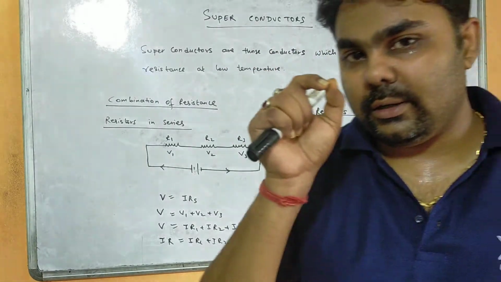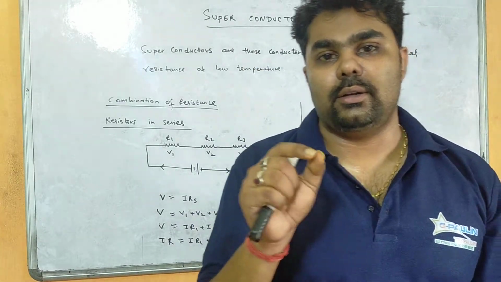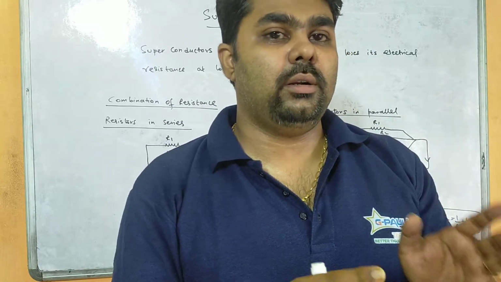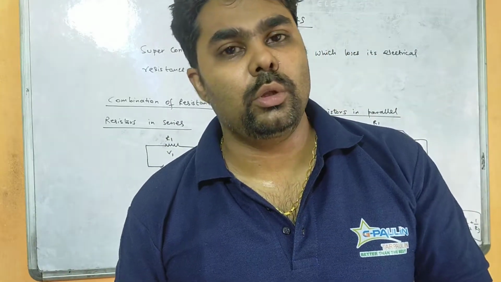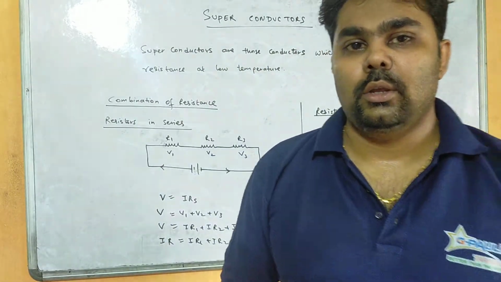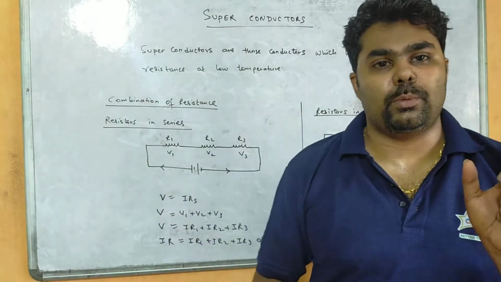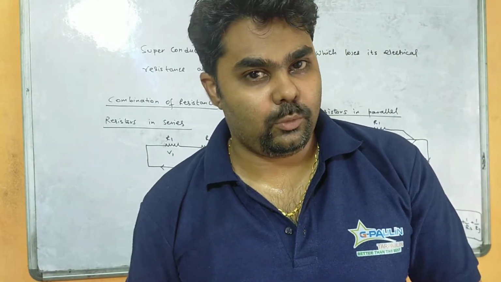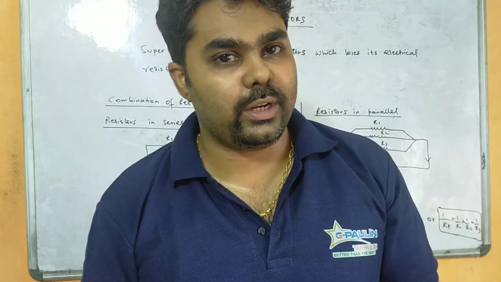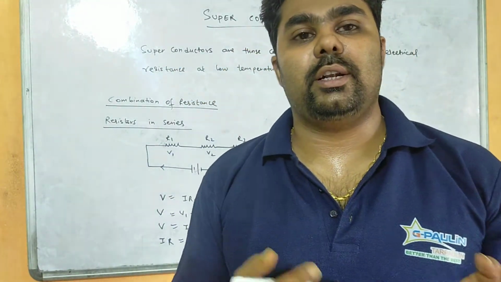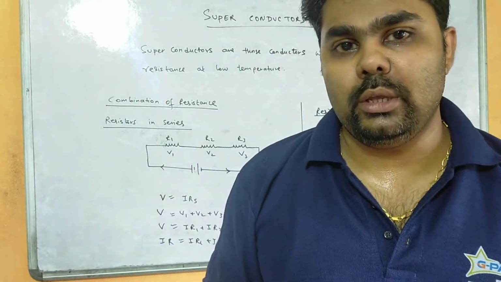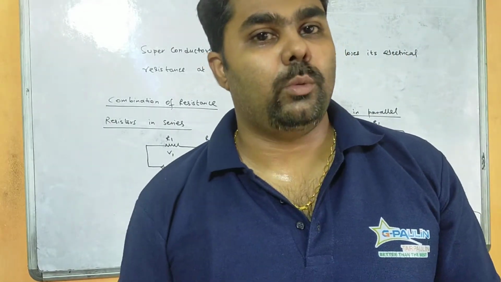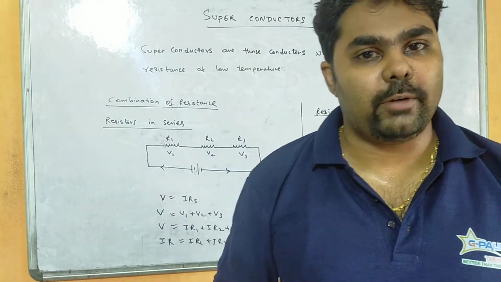So you will decrease the resistance of that conductor to a certain level, that is a critical temperature, so that a normal conductor gets transformed to a superconductor. They become superconductors. So what is the specialty of superconductors? In superconductors we reduce the resistance by lowering its temperature. If we lower its temperature, definitely its resistance will get reduced, and due to the decrease in resistance, its conductivity gets increased infinitely. Okay, so we use superconductors in computers and in many other applications. Superconductors play a vital role.